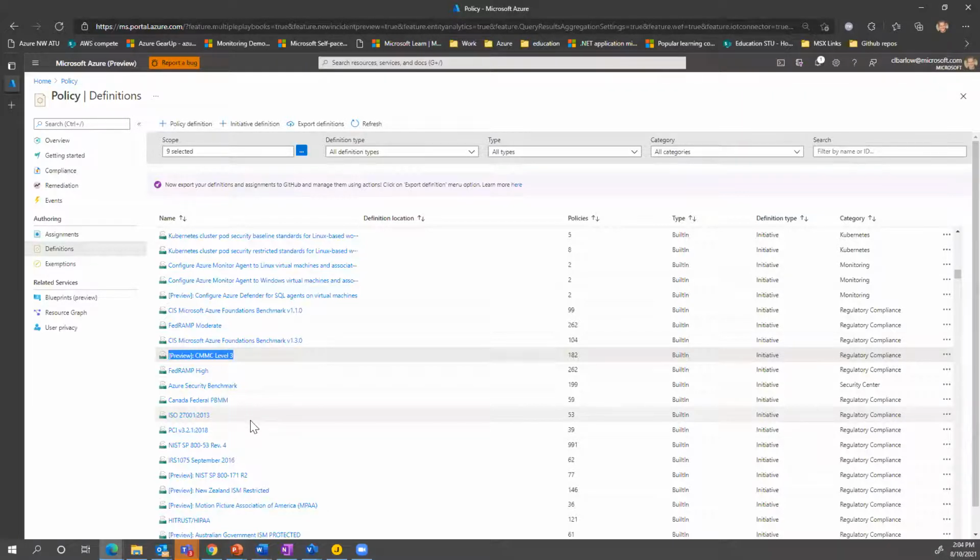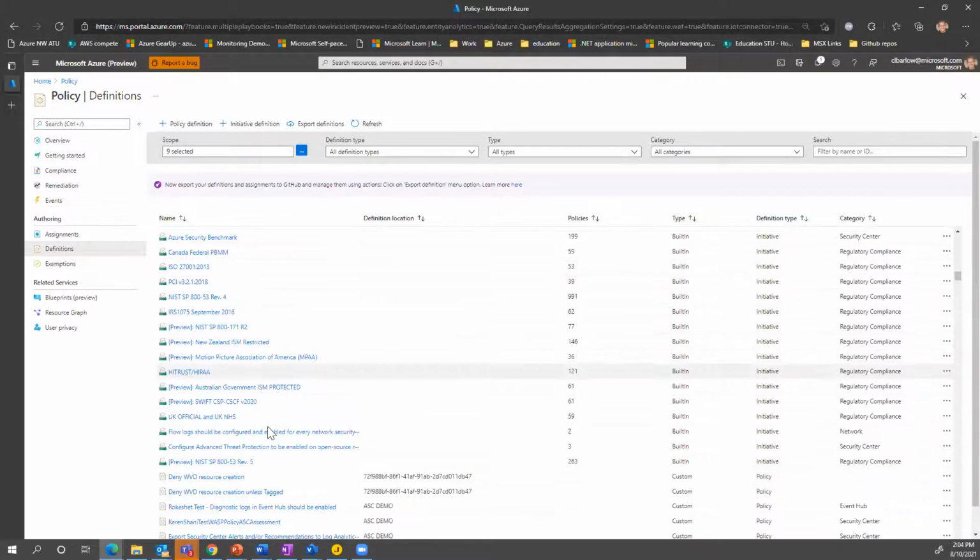Okay, when you talk about doing a lot of the heavy lifting, you can see that we've done a ton of the heavy lifting for you, right? So let's pop into one of these just for kicks and giggles. Let's go ahead and look at CMMC level 3. I'm going to open that up, and you're going to see there's a collection of policies.